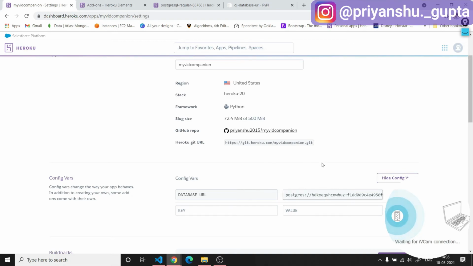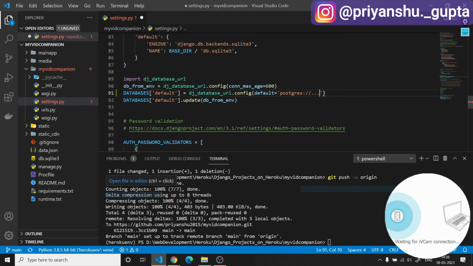And if you want to integrate or add an AWS RDS database or any other service that provides database services, then you will have to add the key of the database here, and the URL that the service will provide you for the database, that URL you will have to add here also, because that will not be automatically set by the Heroku platform by itself inside these config variables. And then again you will have to add it in one more place, that is here. Okay, you will again have to add this URL inside here.